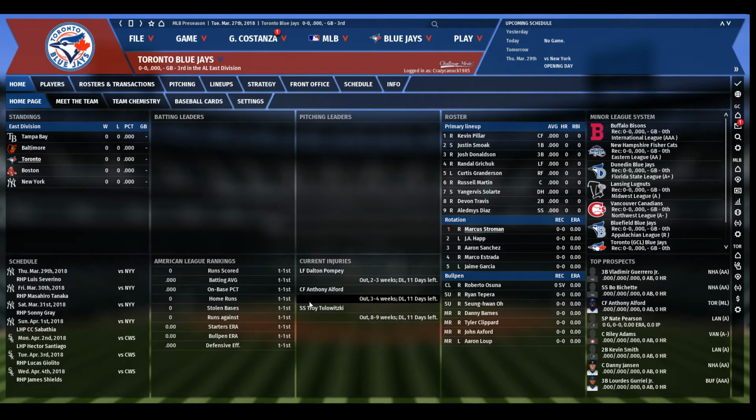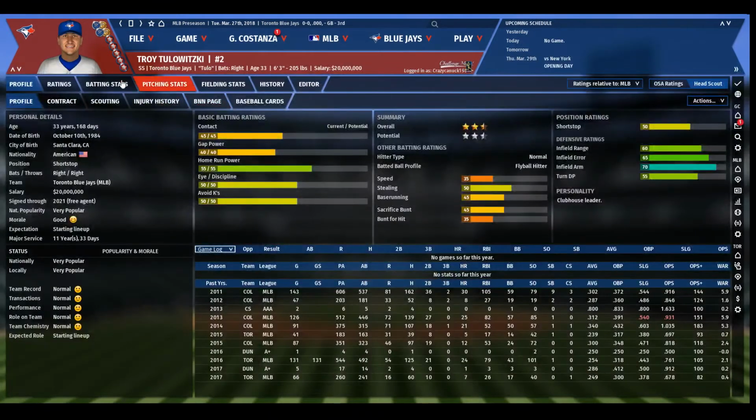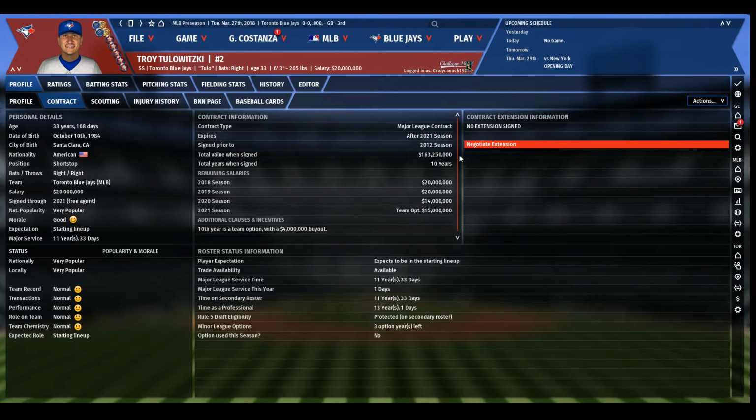We don't have to worry about him yet, but when he does come back, we have to worry about this gigantic contract. $20 million. I mean, he'll probably split time with Diaz. No one's going to want this contract, and the ugly thing is he's locked in until 2021. This is going to be the biggest thing that we have to deal with,